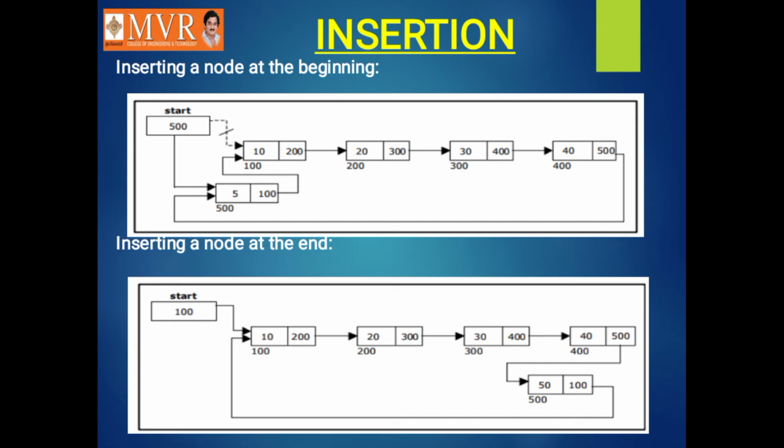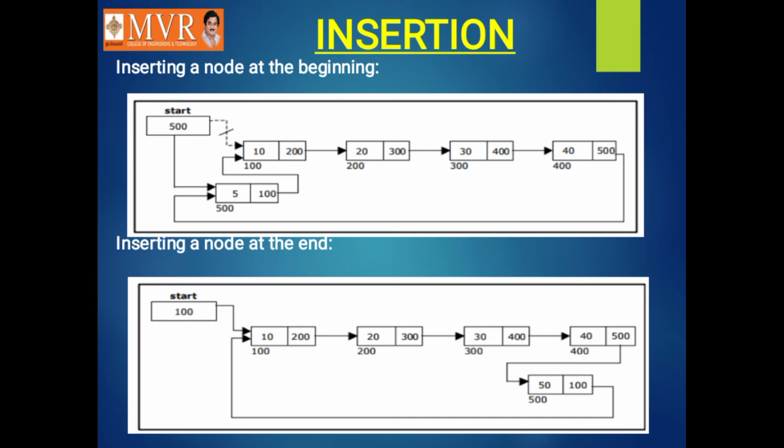In the insertion operation, that is insertion of a node at the beginning of a circular single linked list, we take a new node from the memory bank. That is, we will ask the memory manager for the particular node. If the node is available, he will give it to us, and we will place it in our linked list and attach it, that is, place the pointers or links between the node and the previous node and the next node. Here it is given insertion at the beginning.